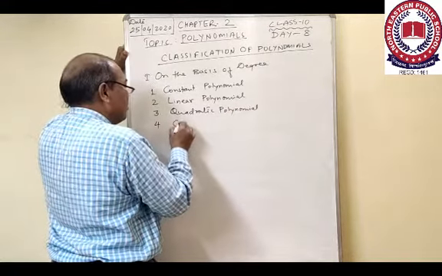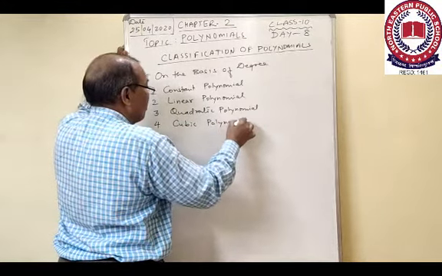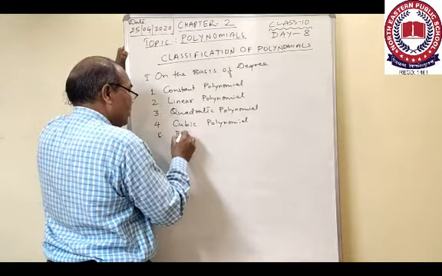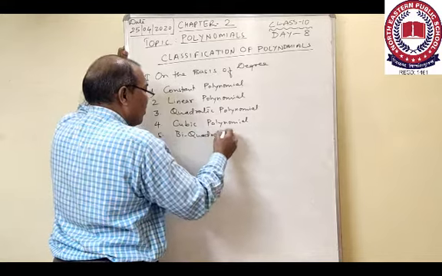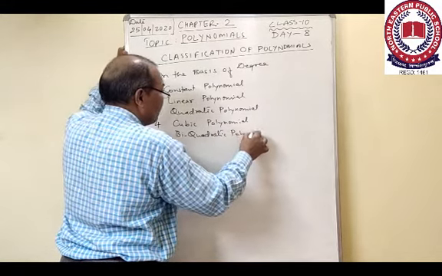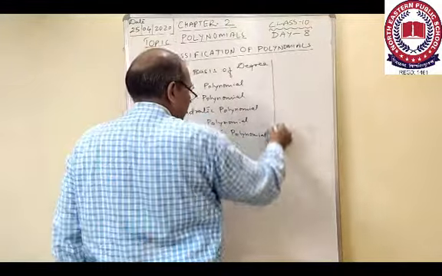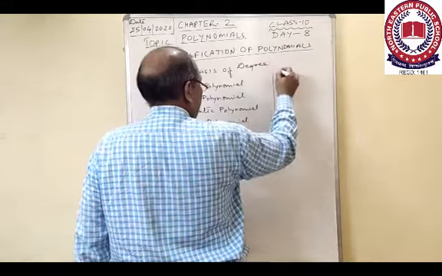Fourth, cubic polynomial. And fifth, biquadratic polynomial. In this, if I write the degrees